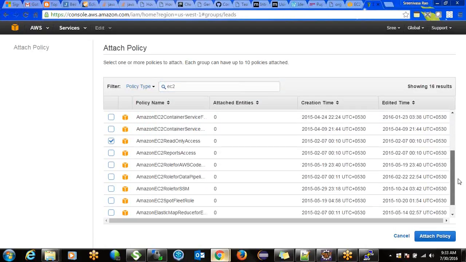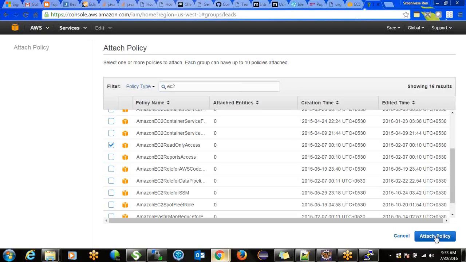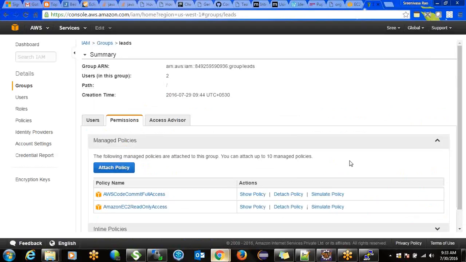Yeah. EC2, I am giving EC2 read only access and then attach policy. Okay, I have attached the policy to the leads group. I have not attached it to the users group. Users. Okay, now let me